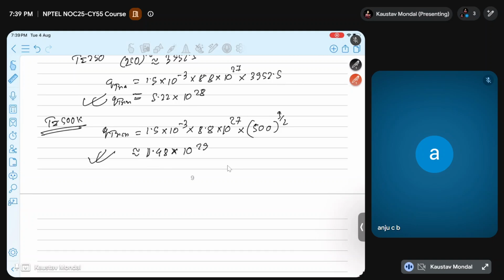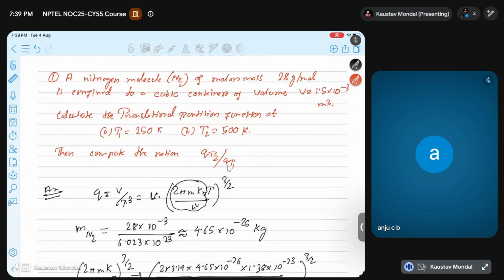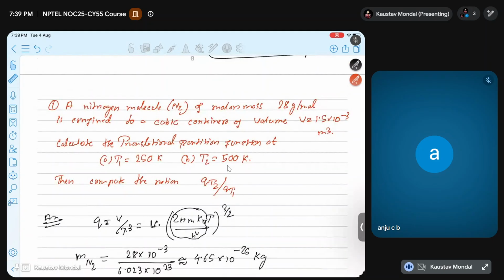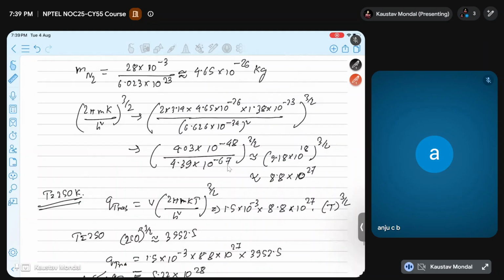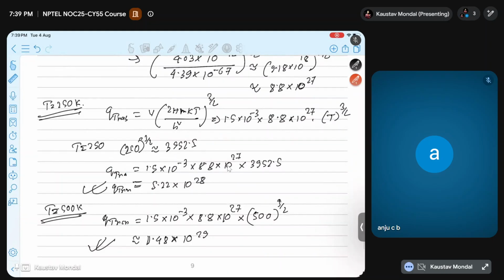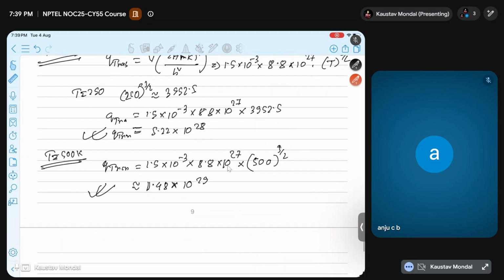So this is the way you can calculate using this translational partition function for a particle, if it's confined in a cubic container. Obviously, at different temperatures you will get different values of this translational partition function. Okay, so the next problem is